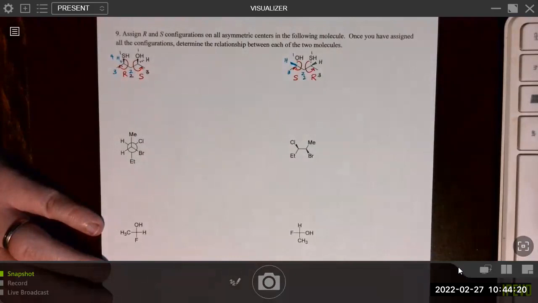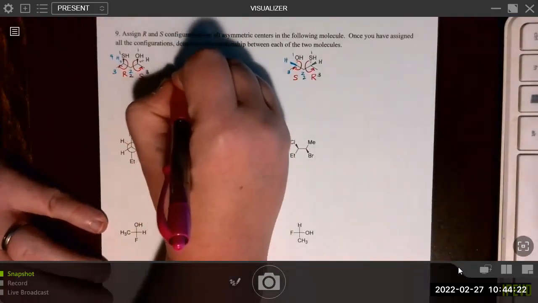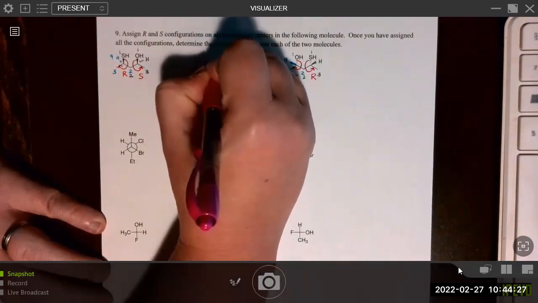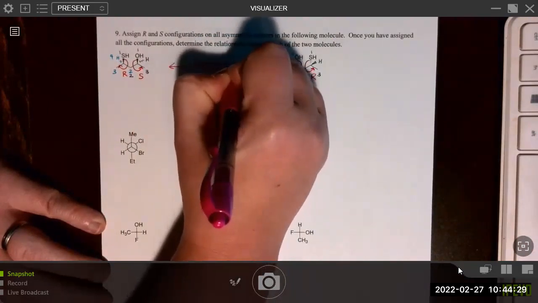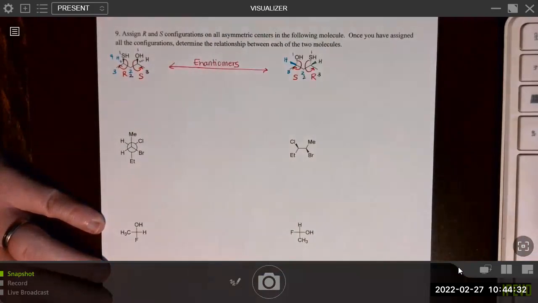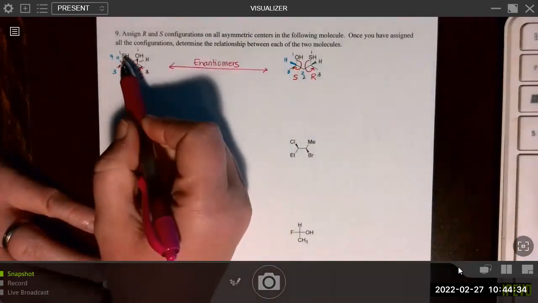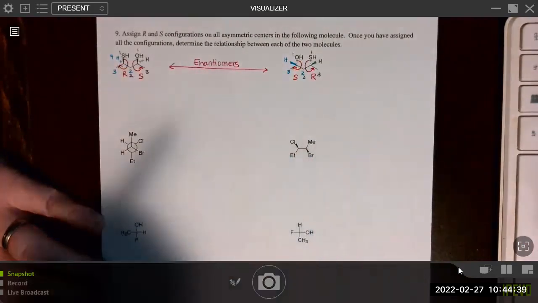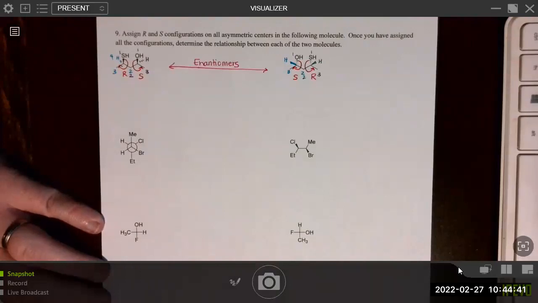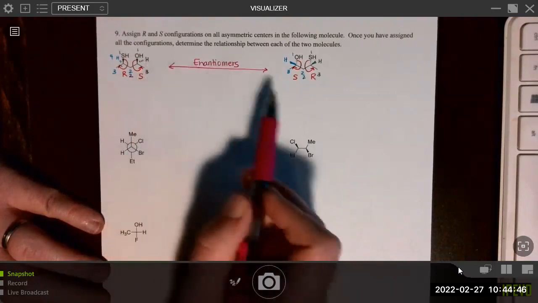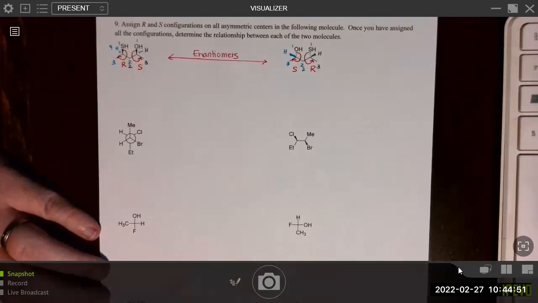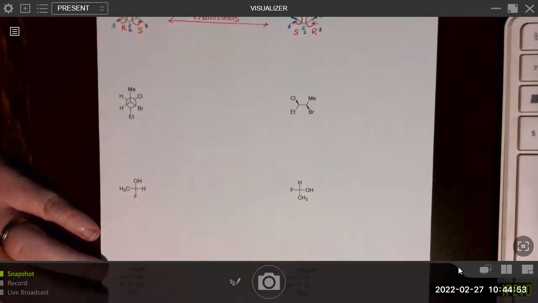We now know the relationship between these two compounds is enantiomers, which we may have realized already because all they've done is switch what's on the dash and the wedge at each of the two chiral centers. And when you do that, as you know, you generate the enantiomer at that chiral center. But you would have to have the exact opposite at all chiral centers for the two structures to be mirror images and related as enantiomers.